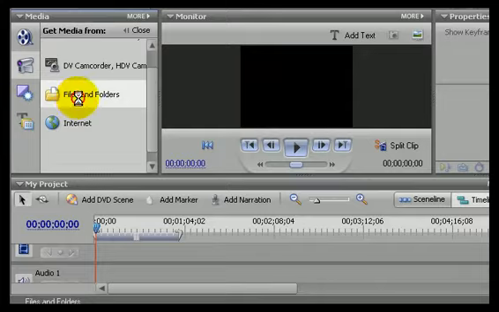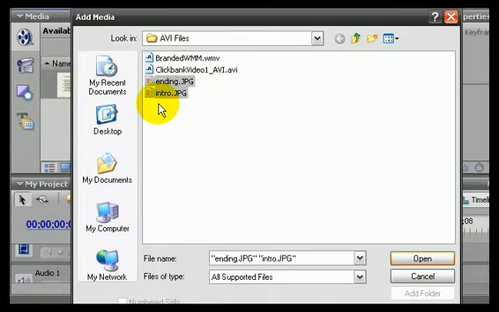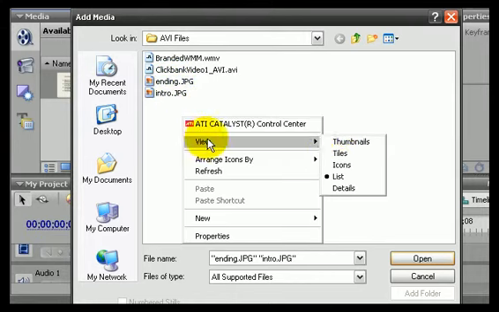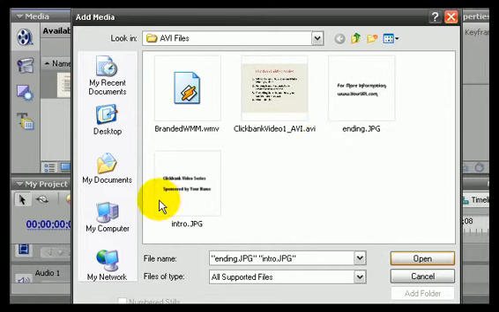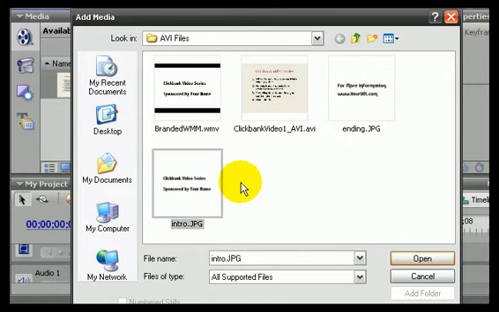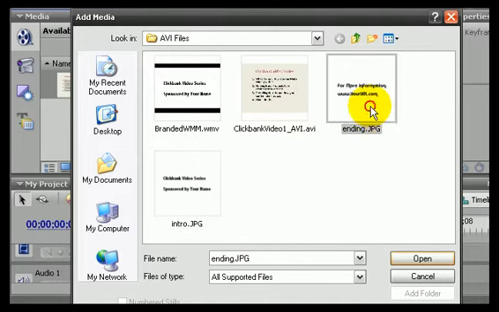I'm going to import the files that we looked at previously, which were the ending screen and the intro screen. And if you don't remember what they look like, the intro was basically an intro that said ClickBank Video Series sponsored by your name. And then the ending was, for more information, go here. So if you don't know how to create these pictures, you can use Paint to create them, and you can always refer back to the specific video on Windows Movie Maker that will show you how